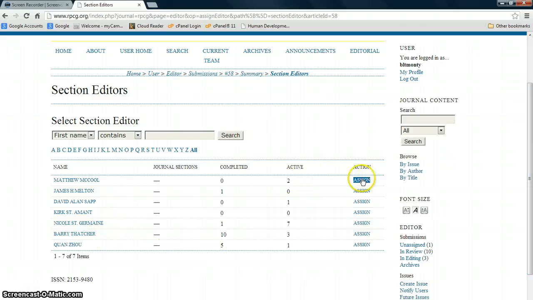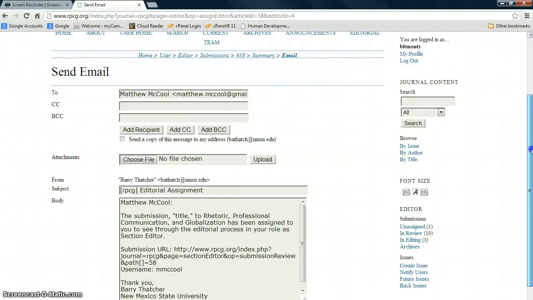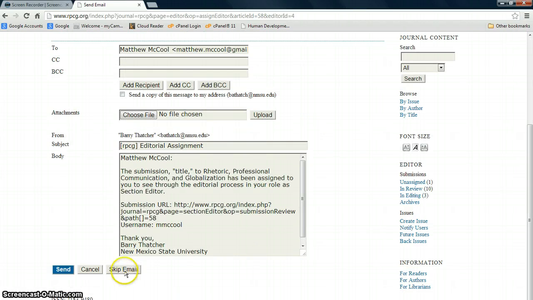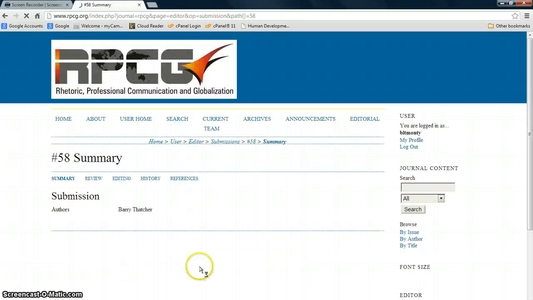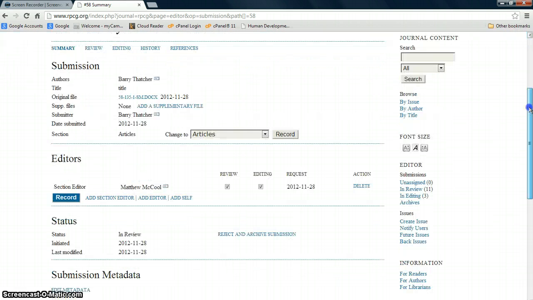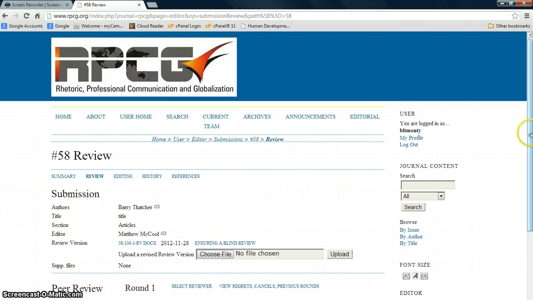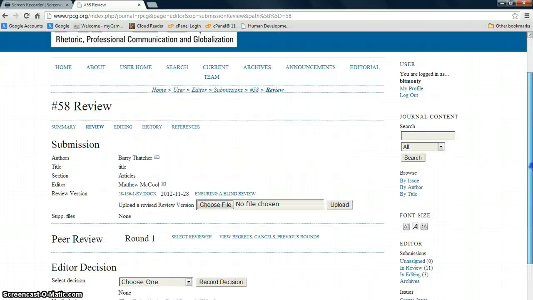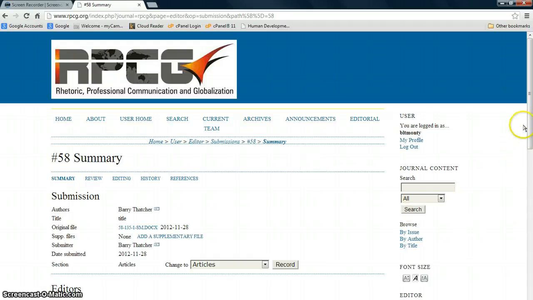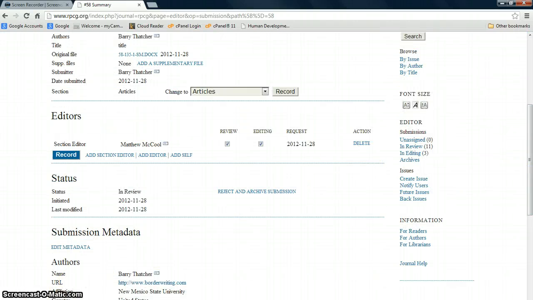And so for example, I could assign Matt, and then Matt would receive automatically an email, and I'm going to skip it now, and he would be assigned the editorial process for this article. But now I'm going to delete him as a section editor, and I'm just going to take this through the